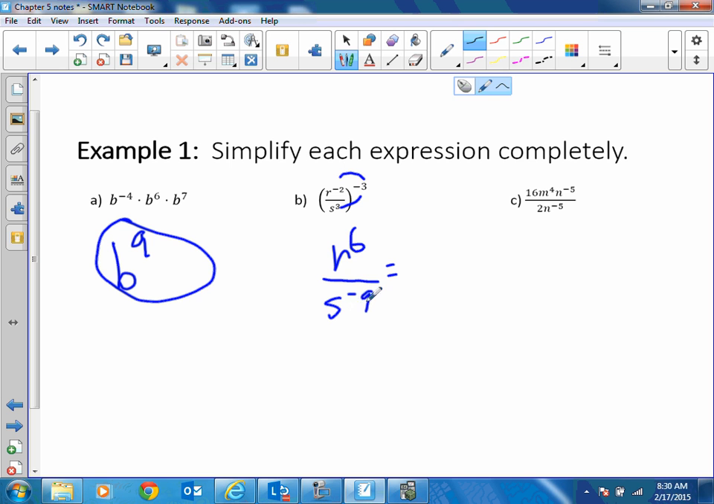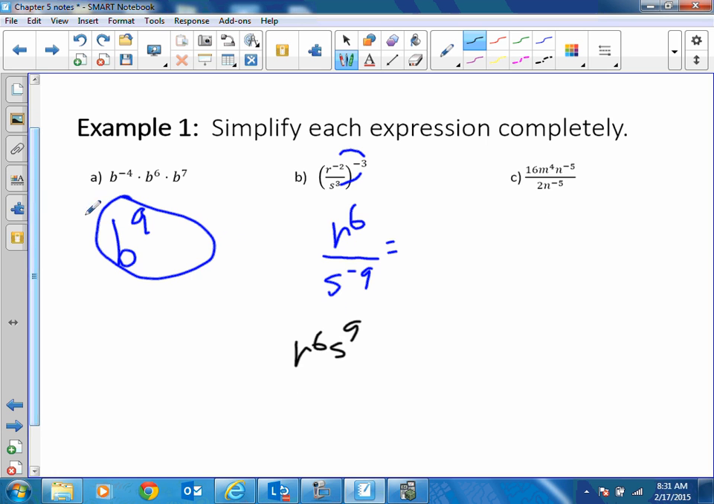Whenever you have a negative exponent on the bottom, to make it positive you have to do the reciprocal, which moves it to the top. So in this case, it would be r to the 6 s to the 9. And that would be the answer for this one. So whenever you have a negative exponent on the bottom, you have to move it to the top. Now this one, I would just work